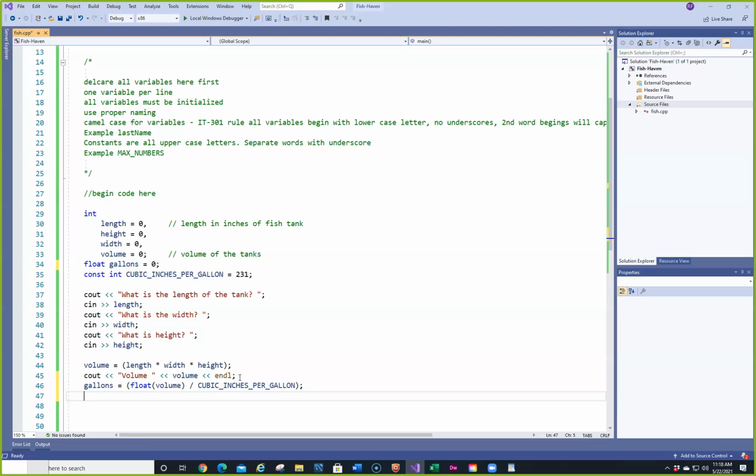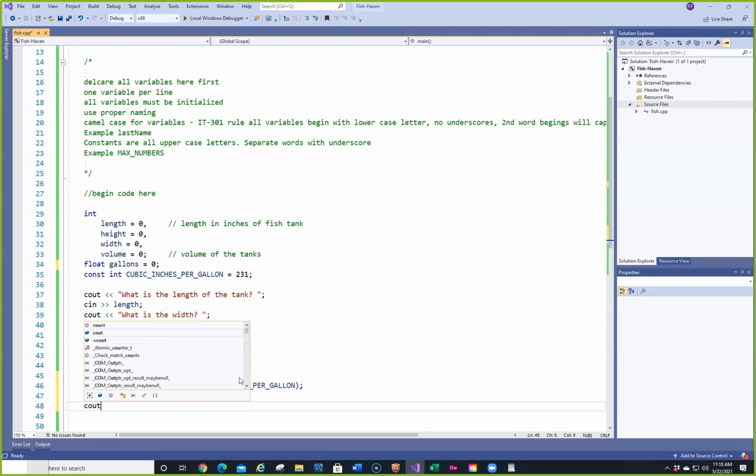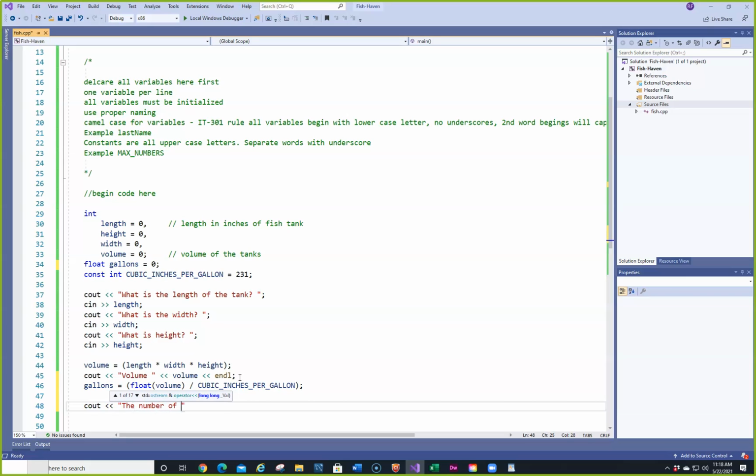And then we'll just put in cout the number of gallons in the tank